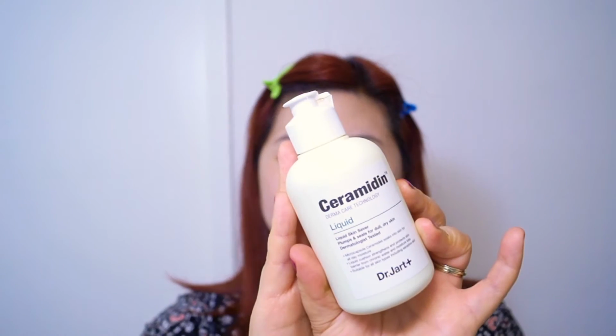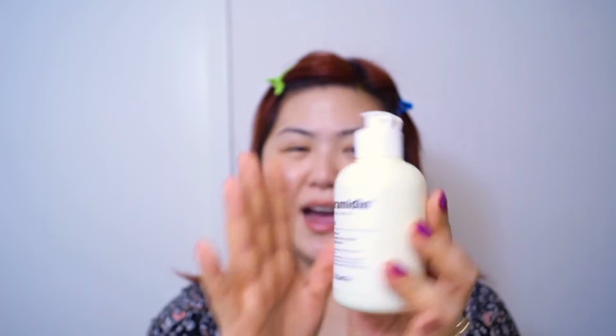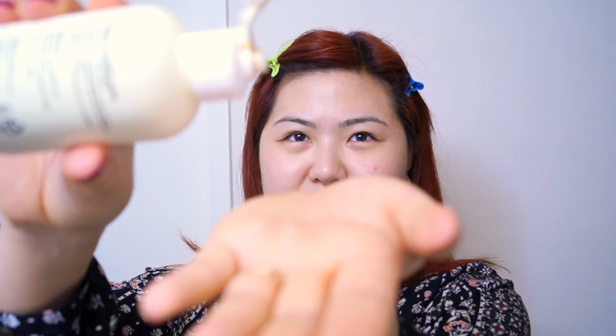Thing I do when my skin is feeling really dry is I'll reach for a serum that is targeted more for hydration, and that is my Dr. Jart Ceramide Liquid. I have talked about this many times, and I absolutely love it. I just use it pouring it on my hands. I don't use a cotton pad, so I use about the same amount,